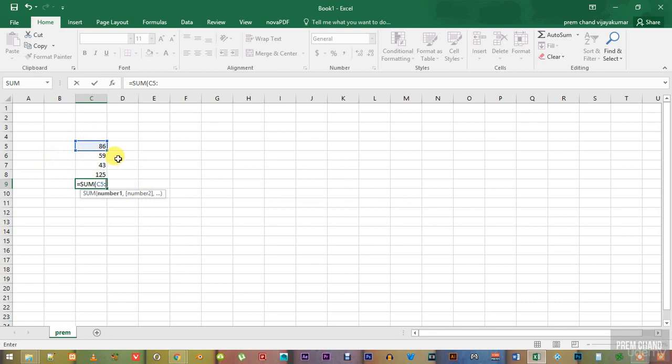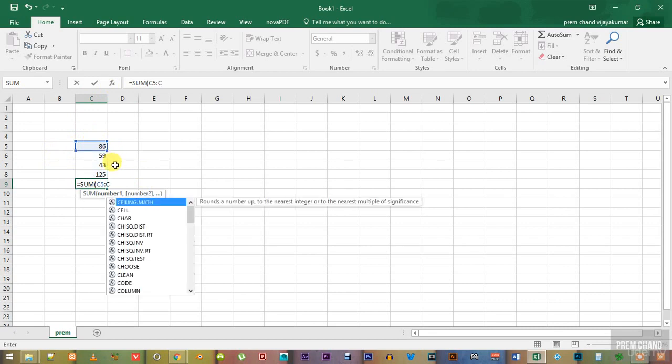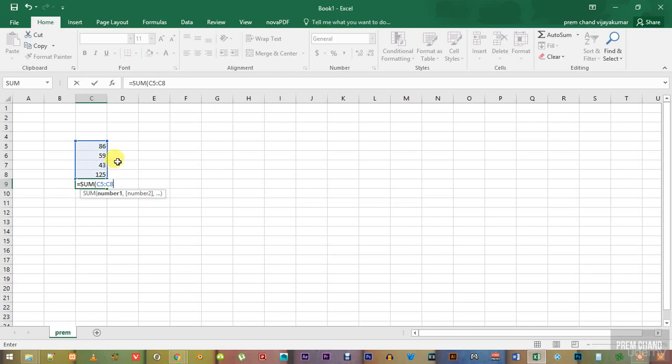Okay, now C9, I want C9 to be the sum of all these numbers. So I'll type equal, and then type SUM of, and I can choose number 1, number 2, number 3, and so forth. Number 1 and number 2 mean either actual numbers or the cell addresses. So now I'll go with C9 through,